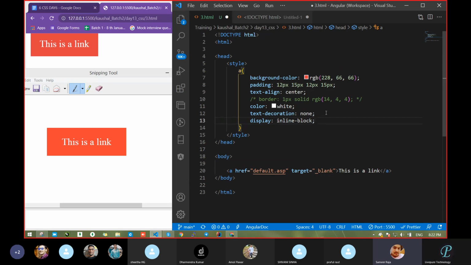Praful? Display, in the sense, suppose we want to hide, block, and show, for that purpose we are using display. We can convert block to inline and inline to block, and also hide. Same line to next line. Correct. So with the help of the display property, we can convert from one form to another, like block level to inline, inline to block level, like span, div. We can exchange the property. And if it is inline-block, then both get combined.